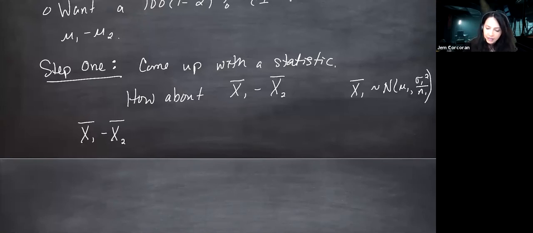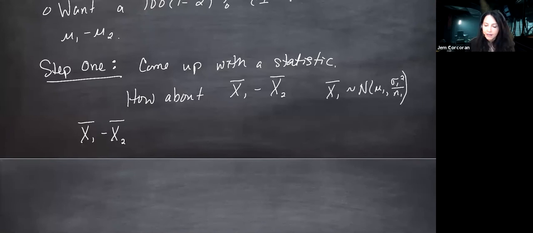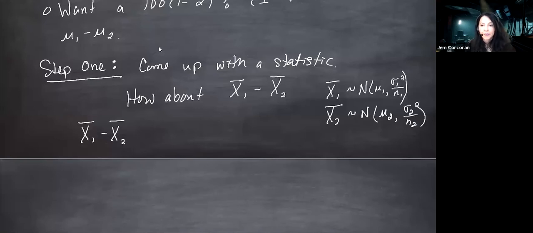Let me try to get this out of the corner here. And similarly, we know that x2 bar is normal. Not using the central limit theorem, I'm using the fact that a linear combination of normals is normal. And so this is going to be normal with a mean mu2 and variance sigma 2 squared over n2. And the two samples were independent. So to get the distribution of this